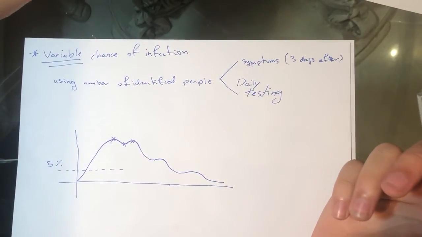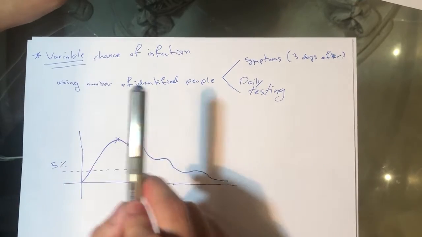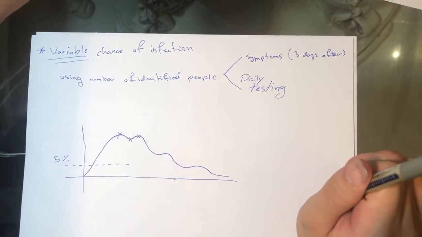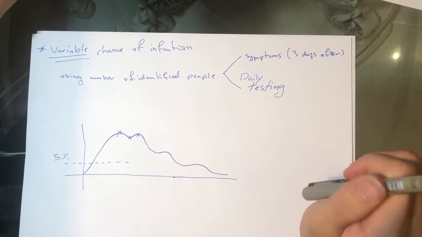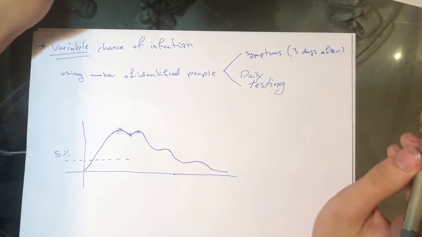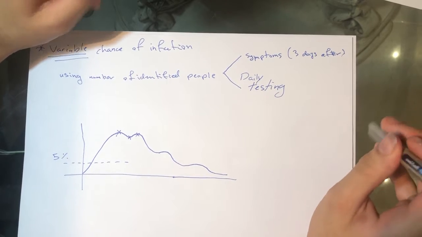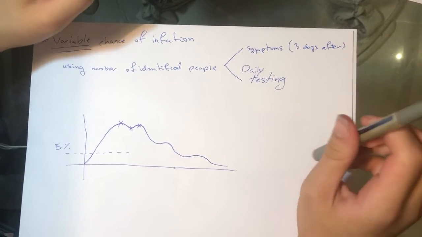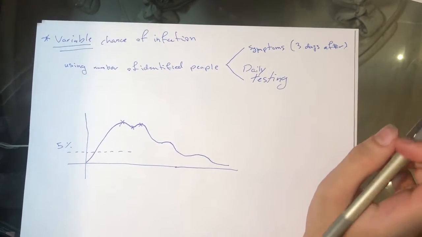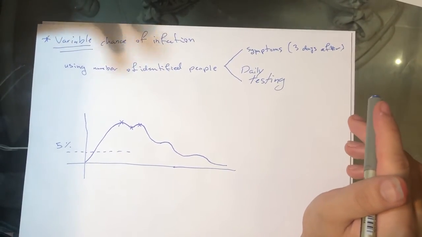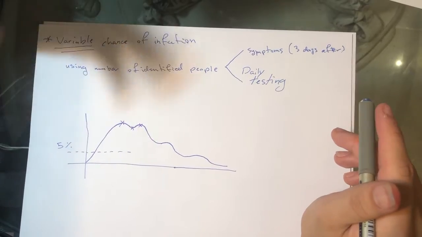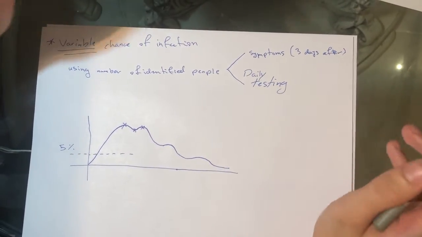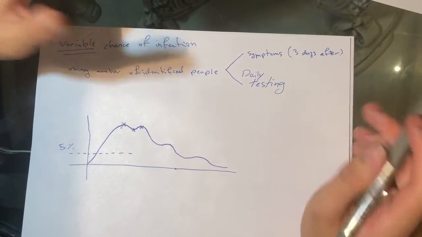Well, the last point that I want to talk about is having a variable chance of infection. Okay, what do I mean by that? Well, let me tell you by giving you an example. Two weeks ago, the numbers for coronavirus in my country were really, really low. So people didn't really care about it anymore. They stopped wearing their masks. They started paying less attention to the social distancing rules, and as a result, this week the numbers reached the